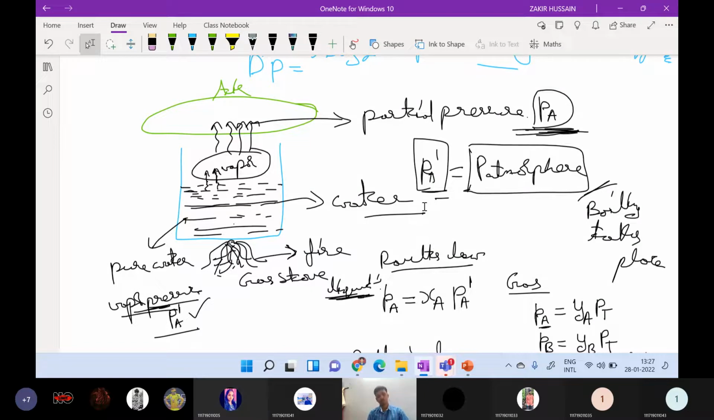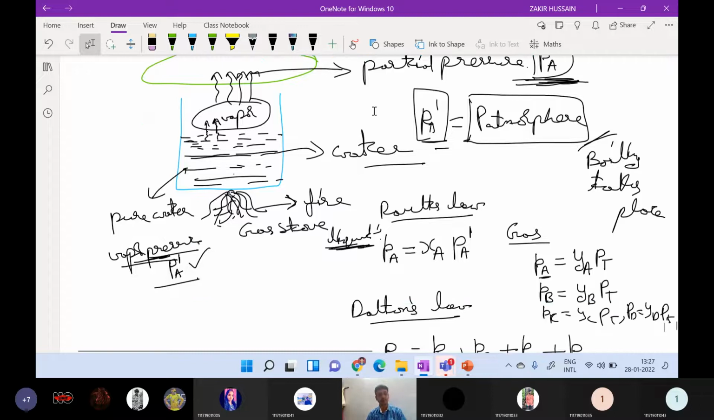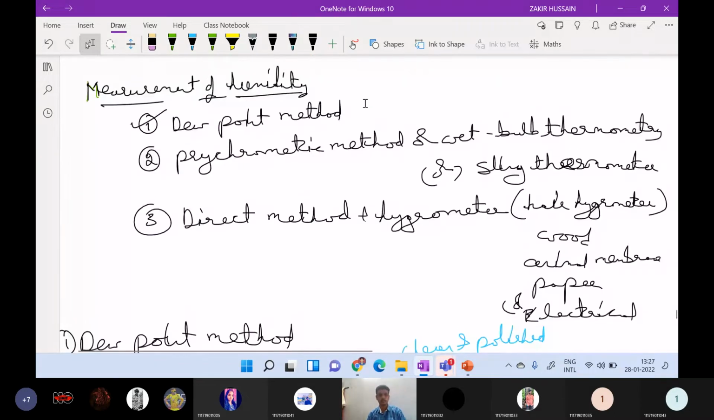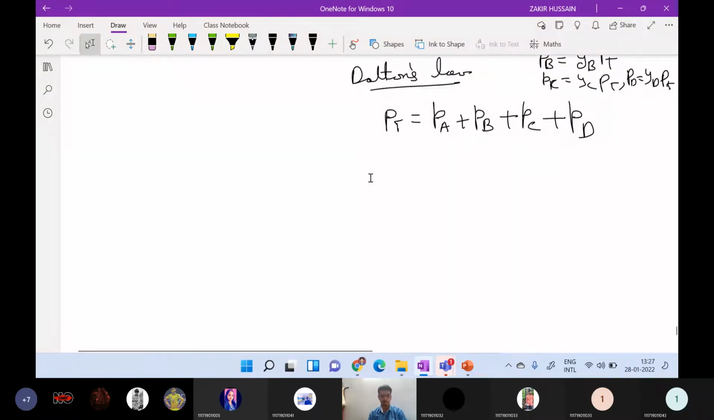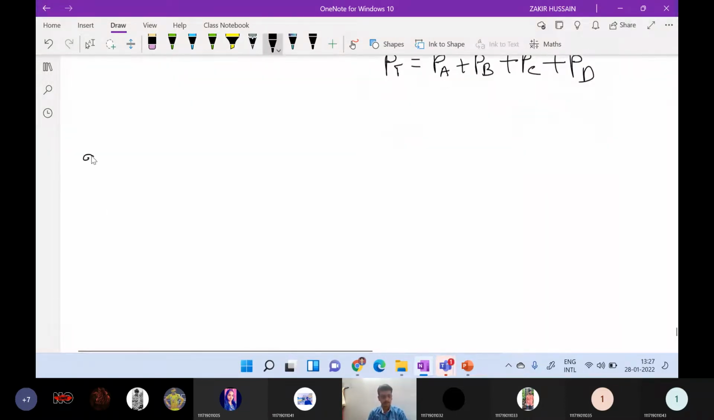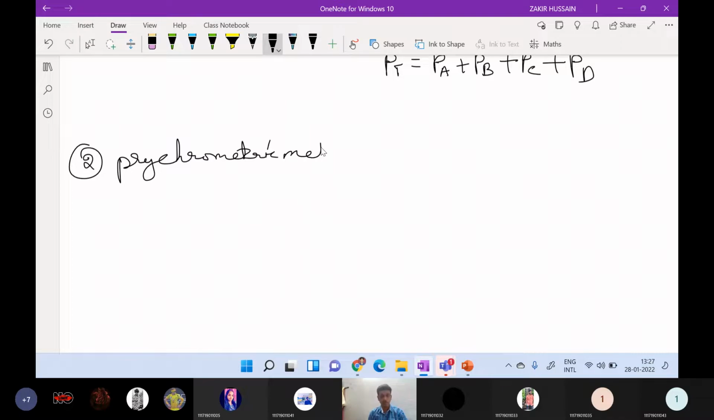Then next is the wet bulb thermometry, or we can call it the psychrometric method. The first method we have covered is the dew point method, and the second method is the psychrometric method, or wet bulb thermometric method, of moisture determination, using wet bulb temperature